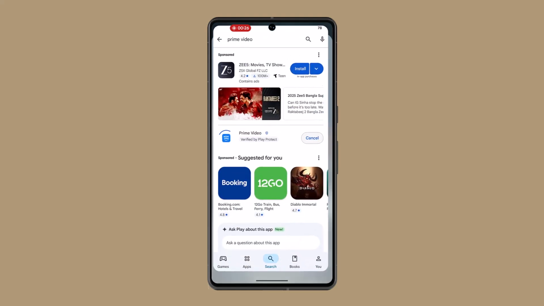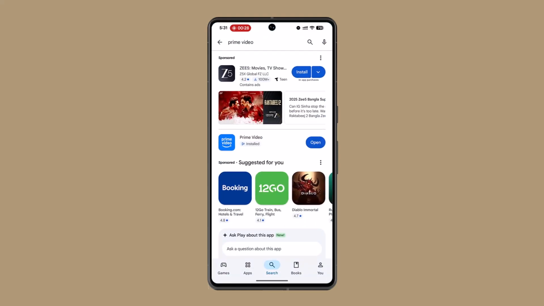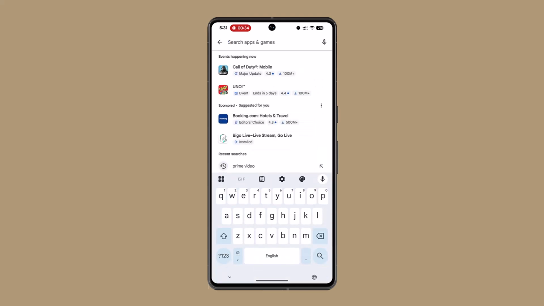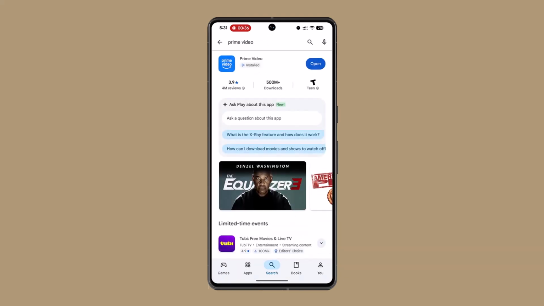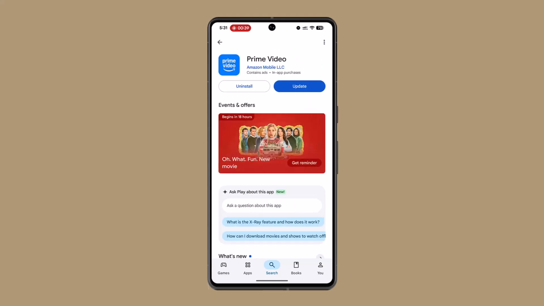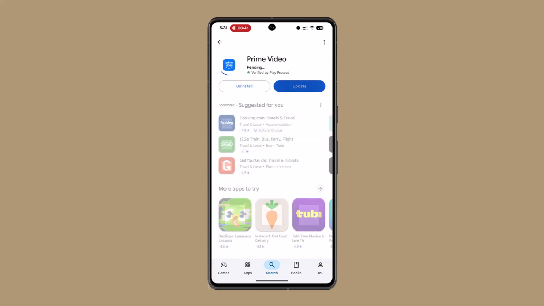As for the Android, you want to go to your respective Play Store, and as for the iOS, open up App Store. Now then, on the search bar, type in Prime Video and locate. After you locate the app, you want to click that up and click on the update button if you see just like mine. Now, it's going to take a while, so you have to wait patiently until it is completely